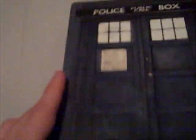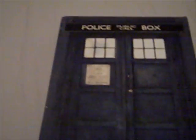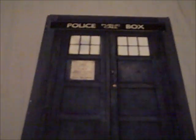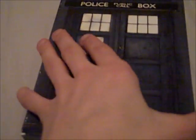And then I've got the complete first series. The first series of the new series is alright. My favourite is the second series. Christopher Eccleston was good. I wish he'd done a bit more. I mean, he'd done too many dull stories in his first season. He could have gone on to be quite a good Doctor, I think, if he'd only done one more series. But then saying that, we probably wouldn't have had David